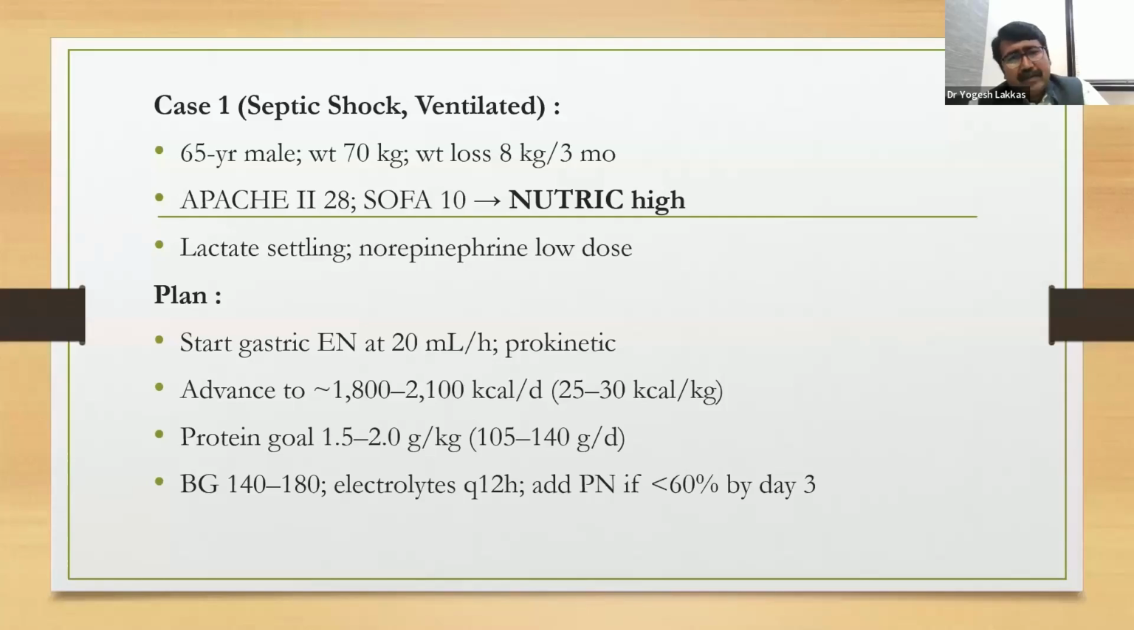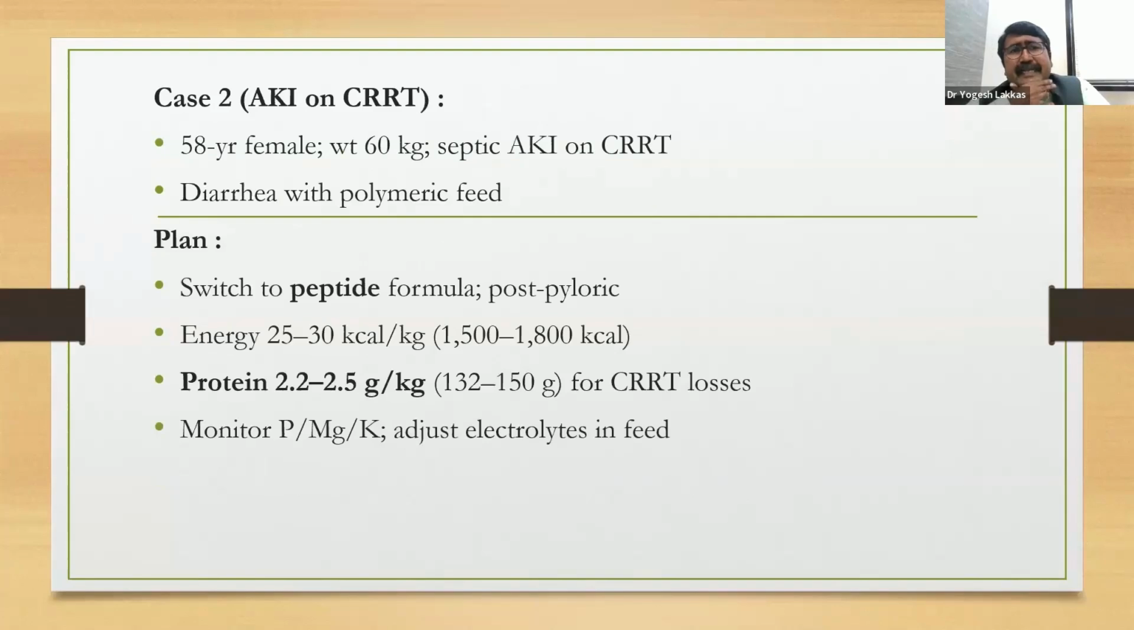Then blood glucose will be monitored, electrolytes will be monitored, and parenteral nutrition can be added if the enteral nutrition goal, that is more than 60%, is not achieved by day 3. Second case, we can look at the formulation of the nutrition: AKI on CRRT, a 58-year-old female,